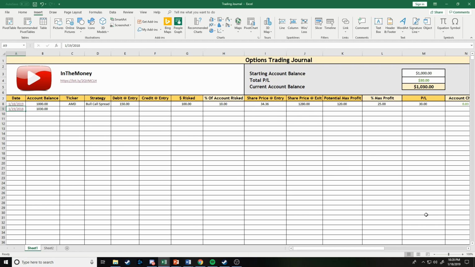A lot of traders use trading journals, but I couldn't find a good one for options. So I went ahead and made one for you guys because I love you. And I'm going to go through a fictitious trade here with you just so you can see how